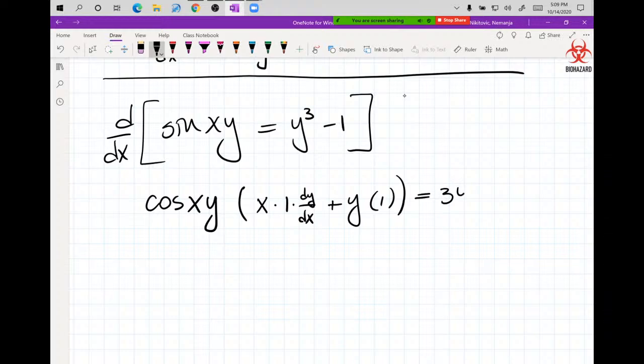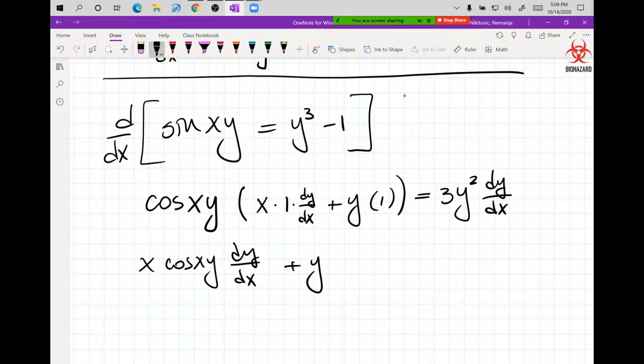Equals 3y squared dy dx minus 0. Now we simplify this. It's going to be x cosine xy dy dx plus y cosine xy, when I distribute, is equal to 3y squared dy dx. A lot of mess, but I had over here, let me write that in blood,